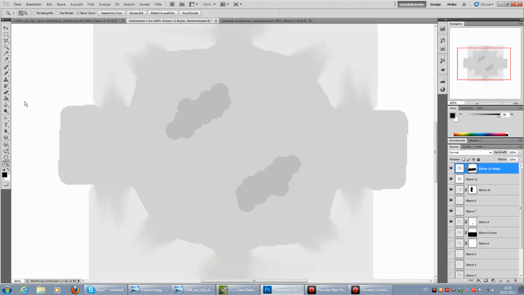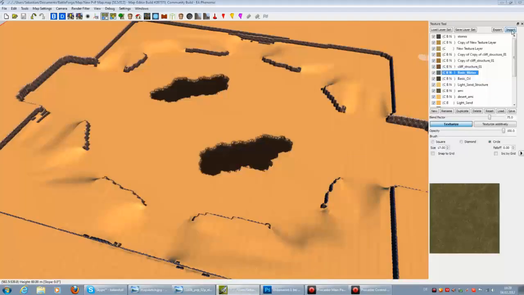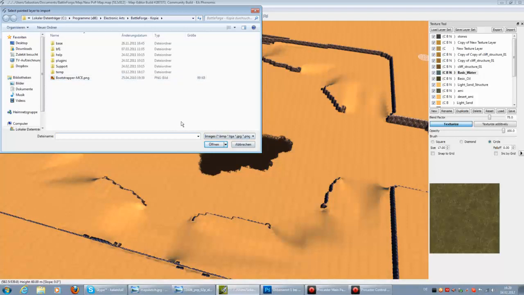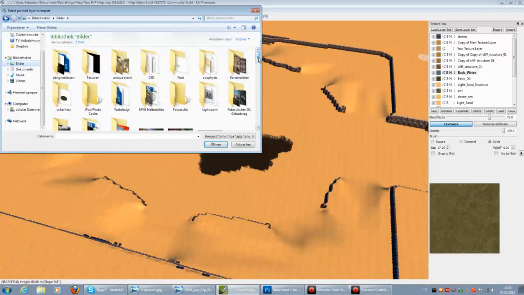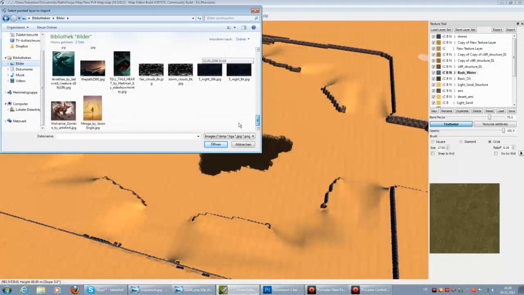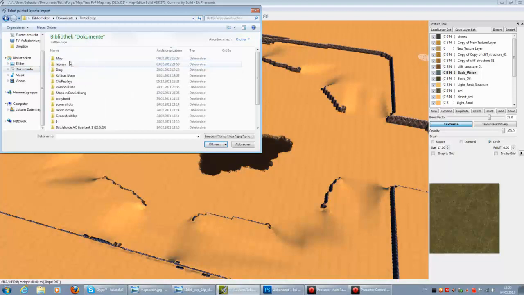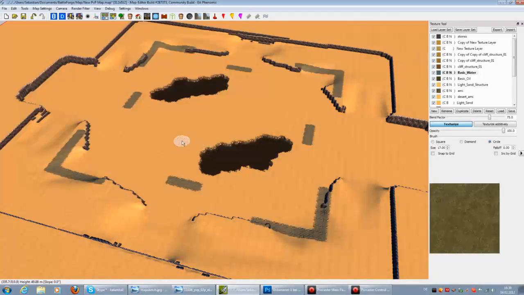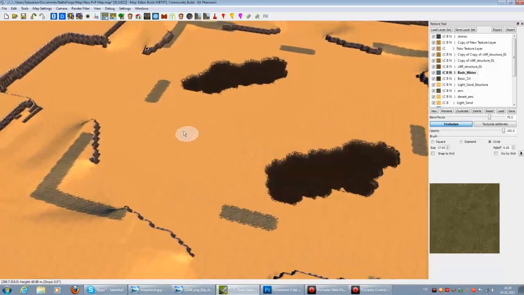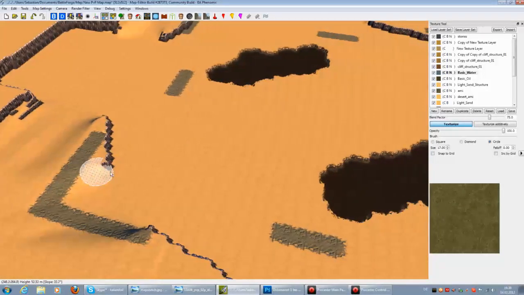go back to the height map, because texture layers you can import images as texture layers, and these are black and white, or maybe in gray as well. I can show you if I take, I thought I would have a blank sheet, but I can just take any texture and import it, and it looks like that,